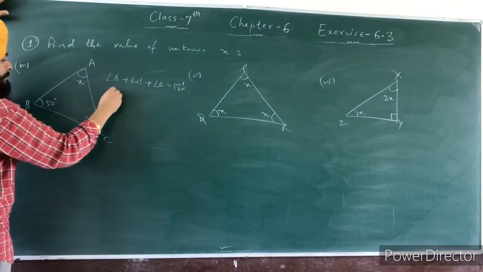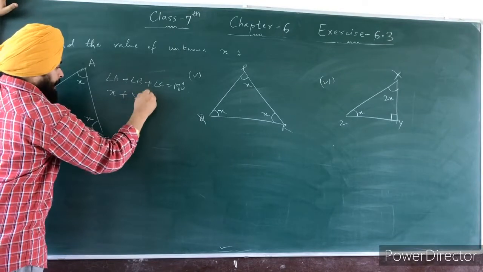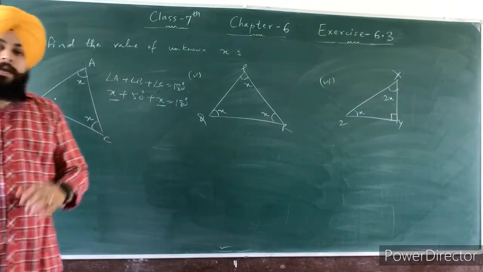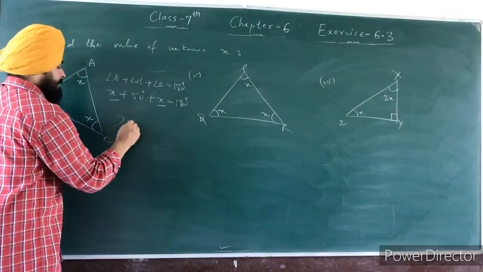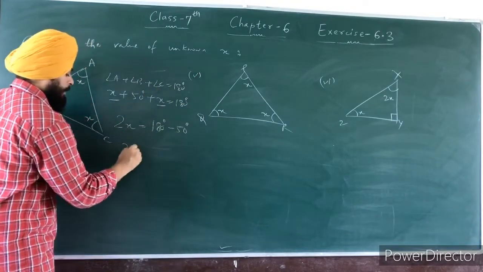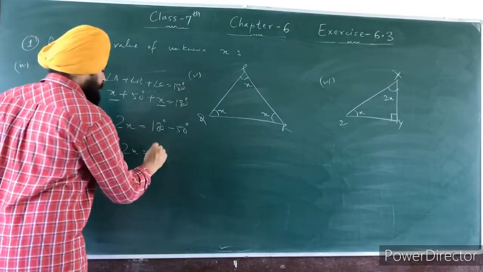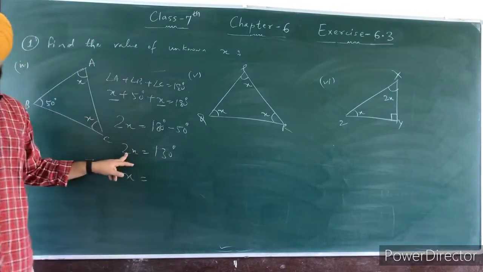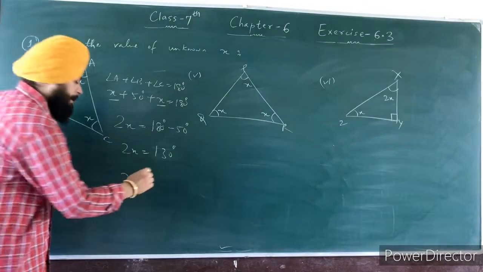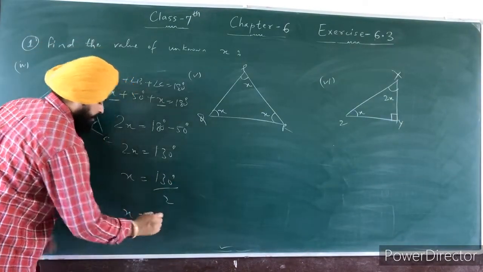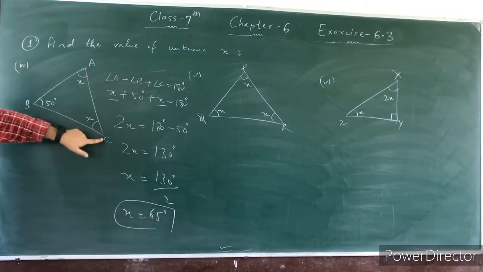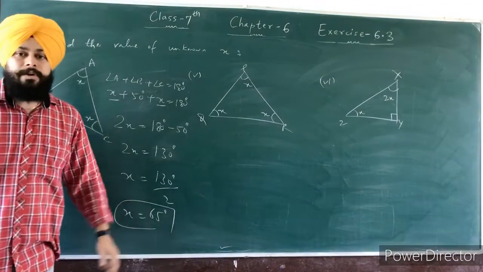Now measure of angle A is x, measure of angle B is 50 degree and measure of angle C is again x. Now x plus x, if you add x two times, then it is 2x. Now take this 50 on the right hand side, it is subtracted from 180. Now 2x is equal to 180 minus 50. It is 130 degree. Now 2 is the coefficient of this x variable. So when you take this 2 on the right hand side, it divides 130 degree. Now 130 over 2 is how much? 65 degree. It means measure of angle A and measure of angle C both are equal, that is 65 degree.